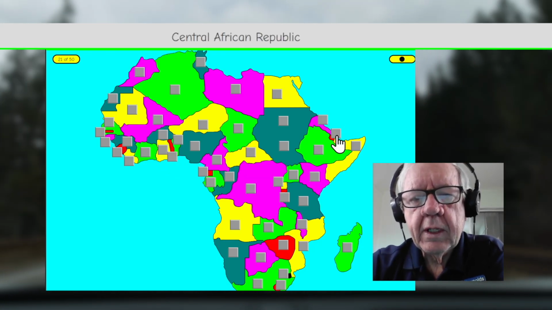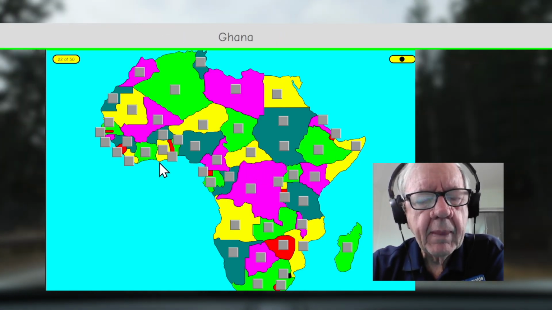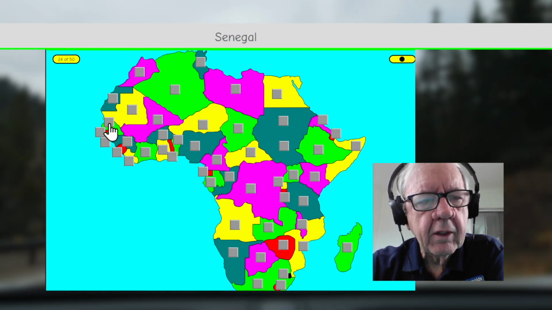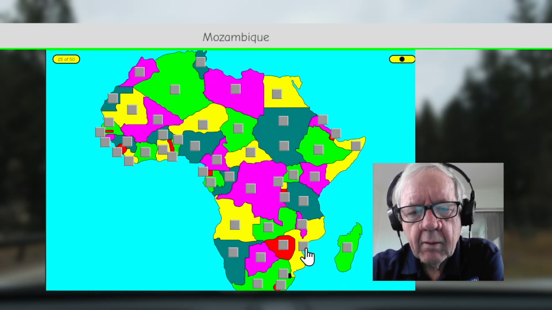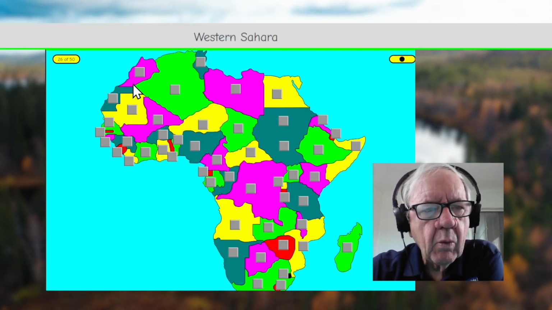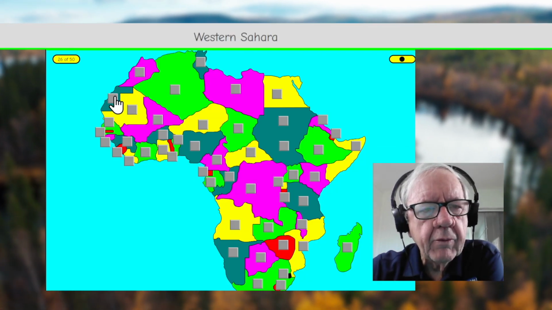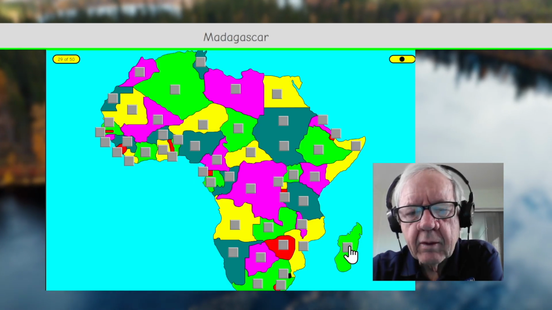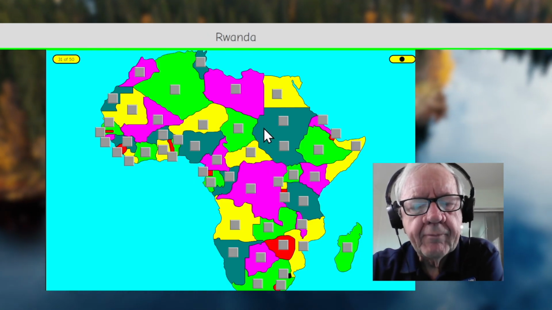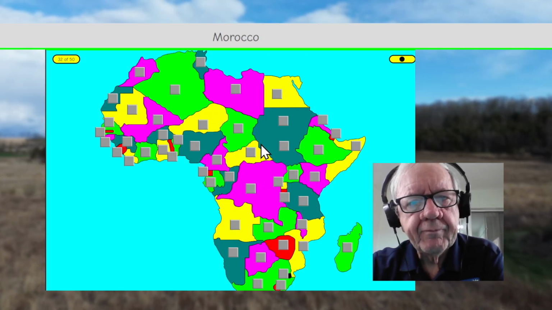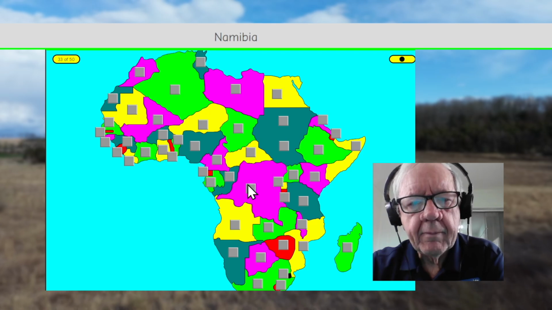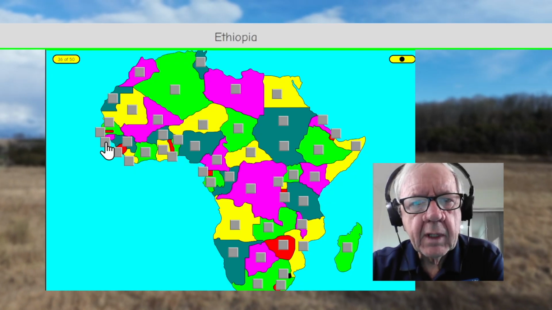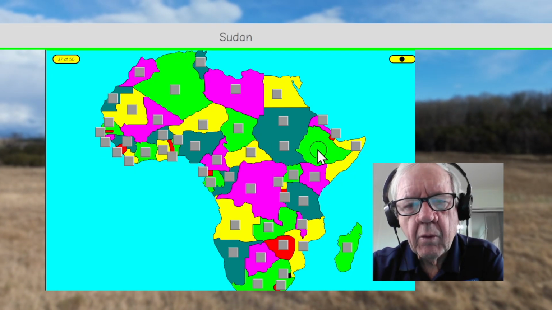Djibouti, CAR, Ghana, Burundi, Senegal wraps around the Gambia, Mozambique, Western Sahara, this is Morocco, this is Western Sahara, this is Mauritania, this is Gabon, Madagascar, they made a movie about Madagascar, Egypt, Rwanda, Morocco, Namibia, the Gambia, Guinea-Bissau, Ethiopia, this is Ethiopia, Sudan,